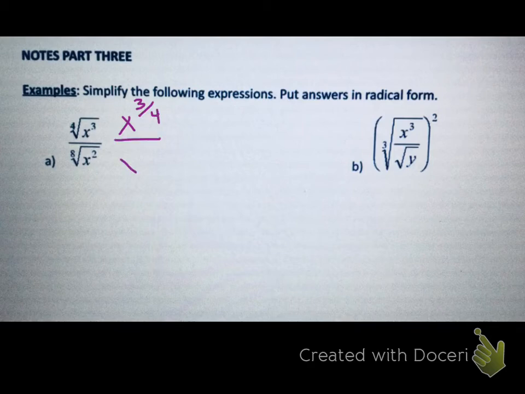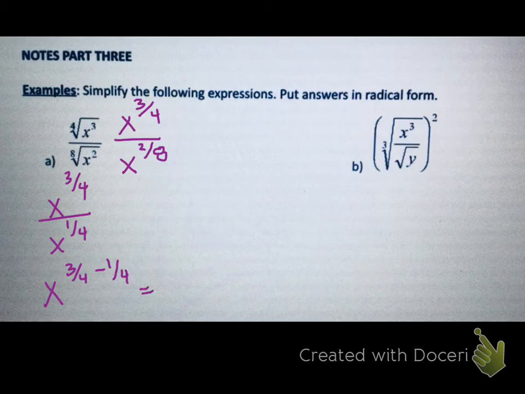In the bottom, it'll become x to the 2/8 power. Now, one of these fractions will reduce, so we can reduce it. And when I do that, I'll get x to the 3/4 power over x to the 1/4 power. Now I have the same base, so I take my exponents and I subtract them. And when I subtract them, I will get x to the 2/4 power, which can reduce to be x to